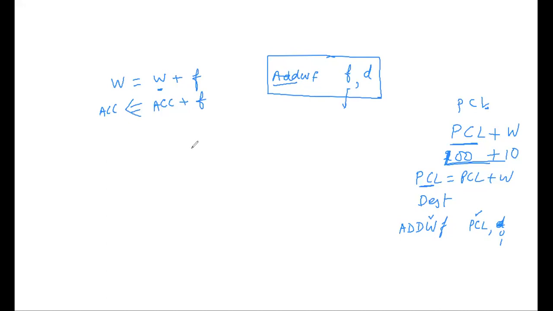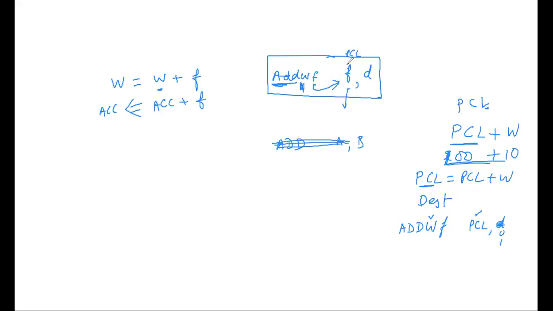So this is how you write the instruction. आप previous courses में कैसे लिखते थे? You were writing add accumulator with some other register. So this was in some other processors. But here we write add accumulator with the file. Which file you have to write here? Like PCL is your file or some other register name.